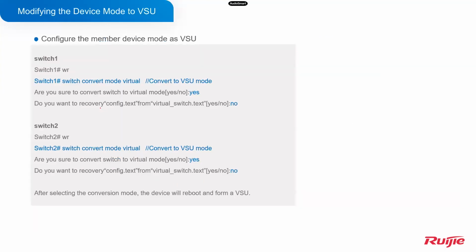And then you have to change the mode. The key command is switch convert mode virtual, and then there are some warnings. Are you sure to convert the switch to virtual mode? Yes or no? You have to enter yes. Do you want to recover the config text from the virtual switch text? Yes or no? You can select no, because when we do the configuration, these commands will be saved in different